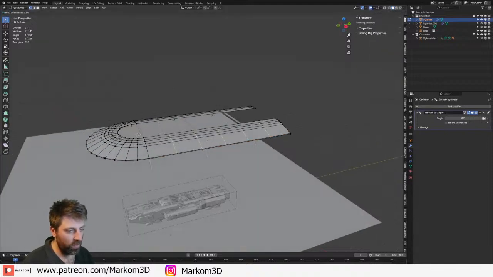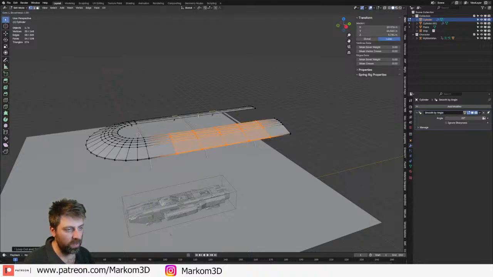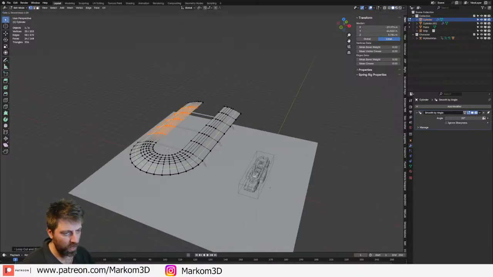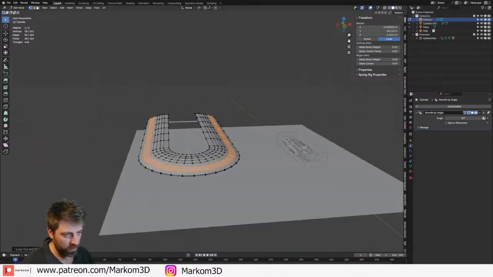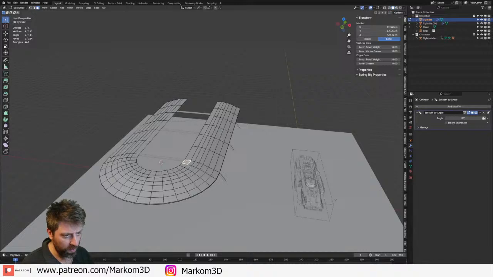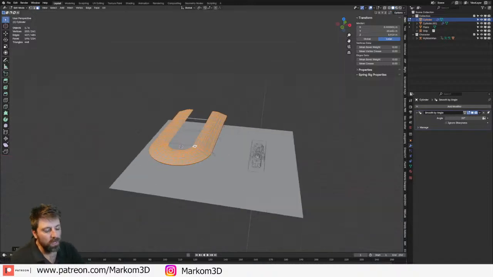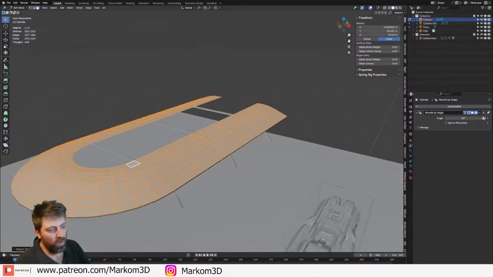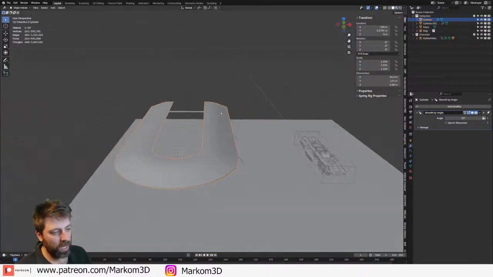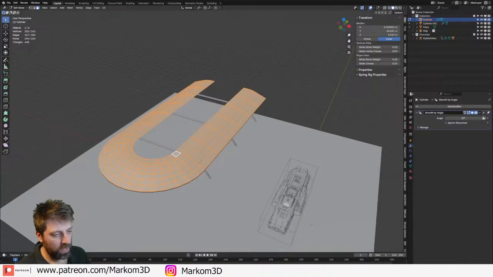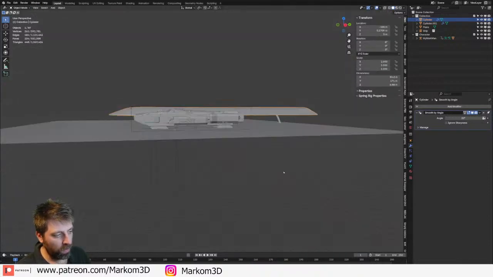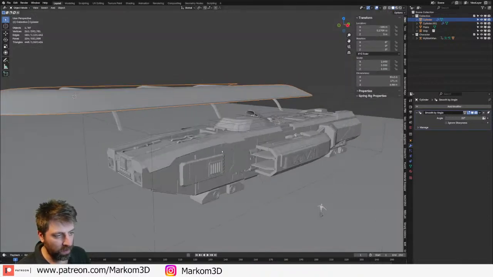Let's throw in some of that. What's that? 6. That's 5. Right click. 5. Enter there. Right click. Let's put 2 new edge loops through here. I'm going to grab this edge loop, Control Numpad Plus. We could probably put a random flow on here. I'm not too keen on it just yet. But we could probably use the paneling, same as what we've done here, and slap it on there.